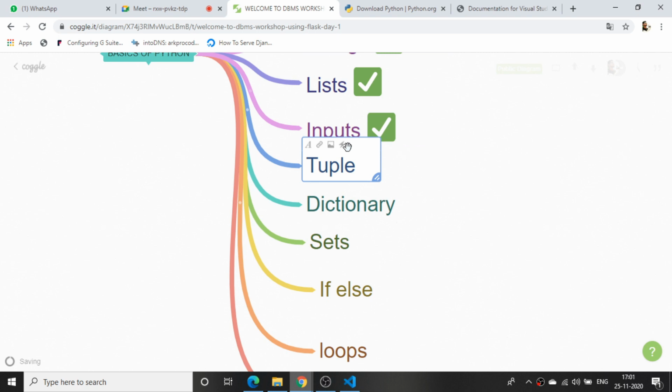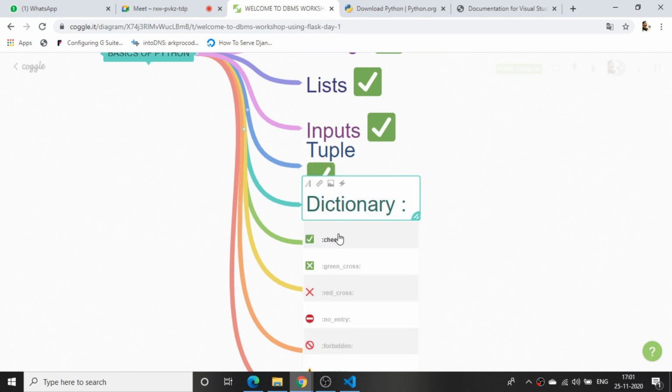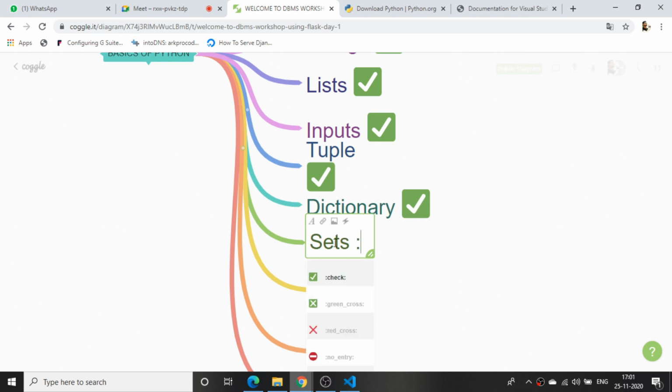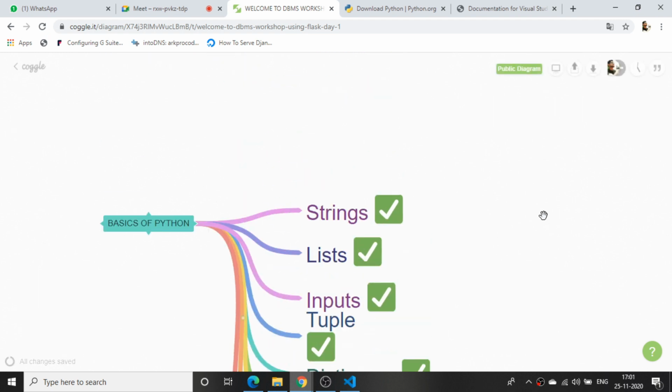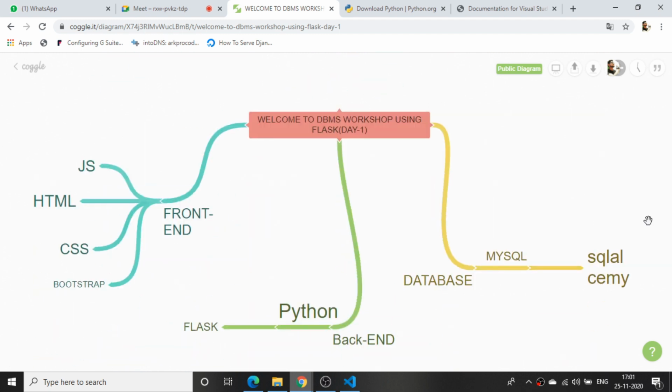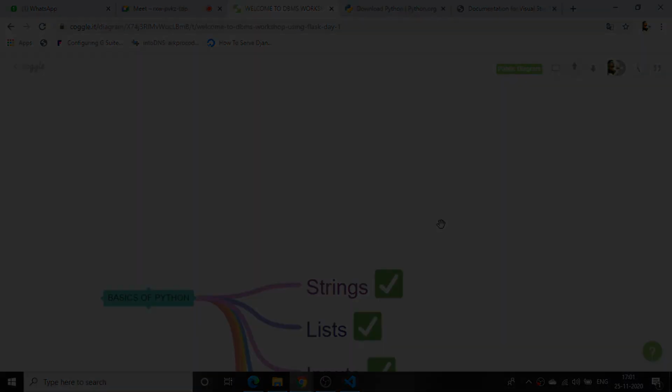Tuples also done, even the dictionaries and the sets have been done. I have also told you how things will work in Python in the front end as well as the back end, and what the database is, how it works. We'll be seeing very soon how all the things will work in the coming classes.